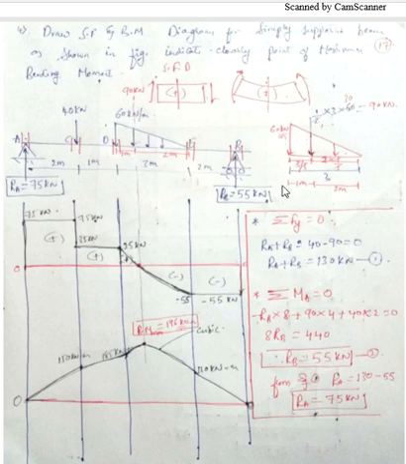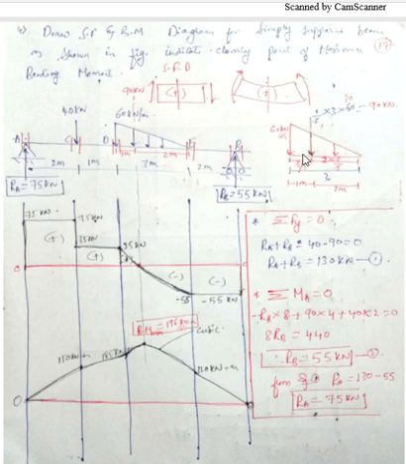When I show it in this diagram here, I am converting it into a point load. Half into 3 into 60 will give me 90 kilonewton. So after converting it into a point load, it will be 90 kilonewton, and this point load will be acting at the centroid of the triangle. For the centroid, we all know that if we come from this end, it will be L by 3, and if I come from the other end, it will be 2L by 3. That is what I have written here.